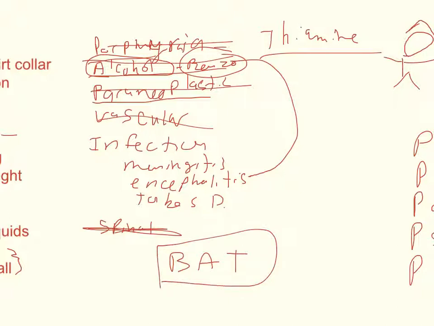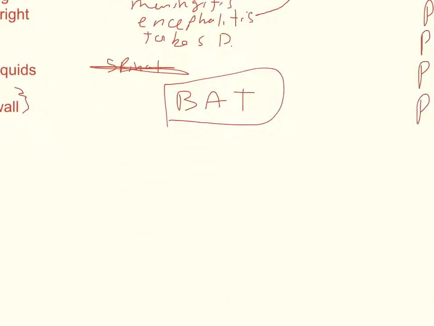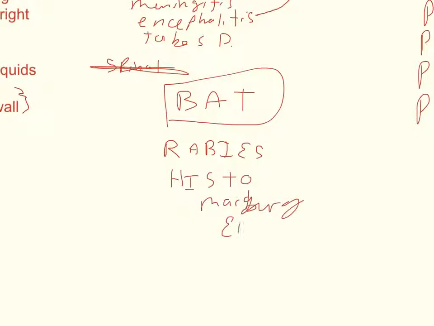What can a bat bite cause? Of course, we know it can cause rabies, so it would give you a differential diagnosis. A strong differential diagnosis would include rabies, histoplasmosis, and maybe in other countries you would get things like Marburg and Ebola. So the top two, this is not likely in the U.S. But the top two, histoplasmosis is caused by the fungus